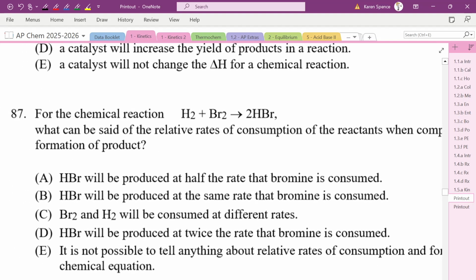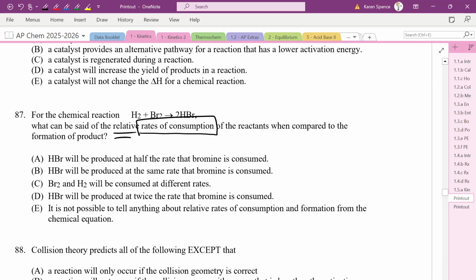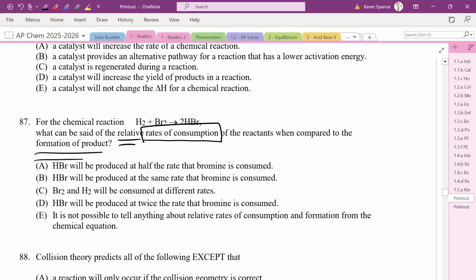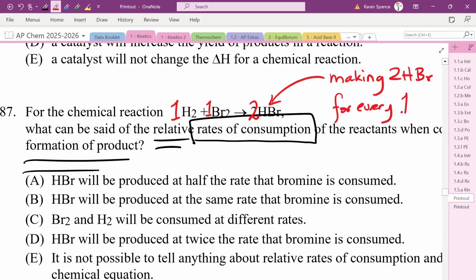Okay, so we have H2 plus Br2 gives 2 HBr. What can be said of the relative rates of consumption of the reactants when compared to the rate of formation of the product? So we know that we have coefficients of 1 and 1 and 2. So we are making 2 HBr for every 1